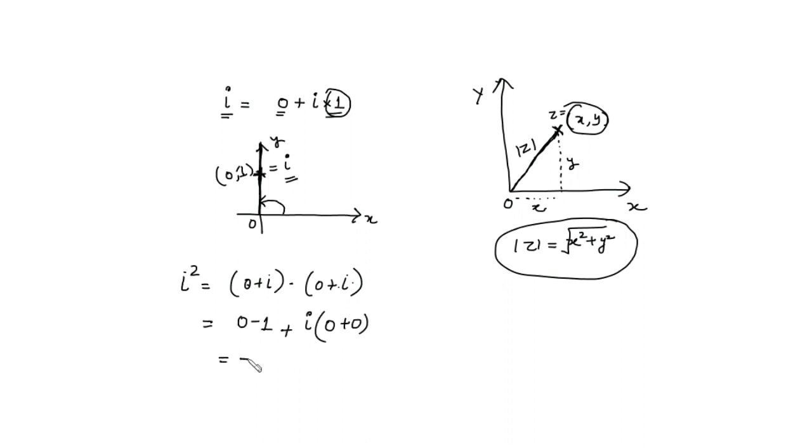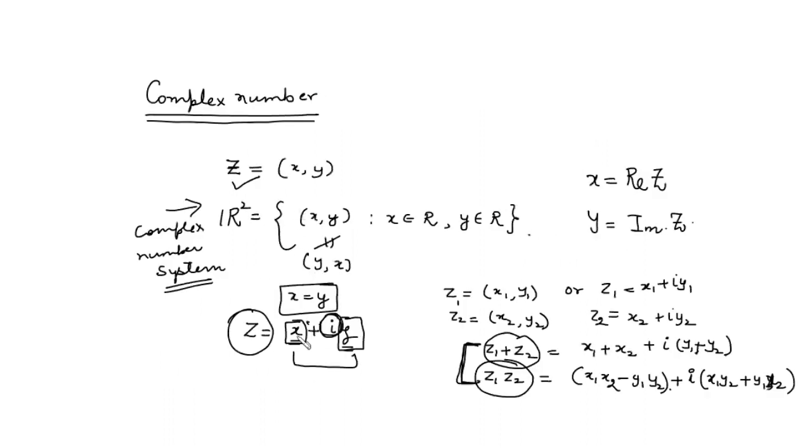So what will we have? It is minus 1. So the value of iota square is minus 1 using the product rule. So in complex numbers, we can define z as x plus iota y. Here addition and product are defined like this. They satisfy this property. So what is a complex number? A complex number is defined as an ordered pair (x, y) of real numbers satisfying the addition as well as product rule, and another form of this is x plus iota y.